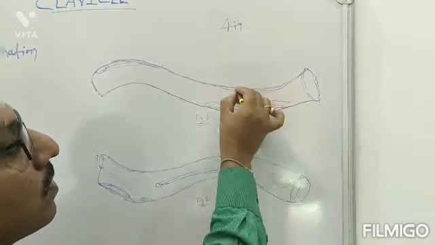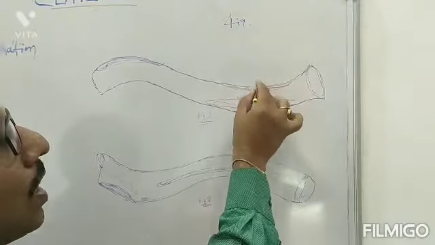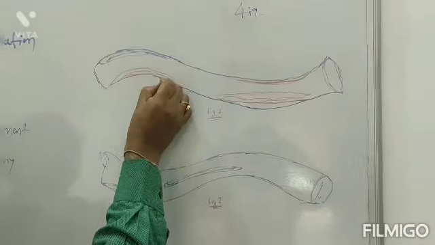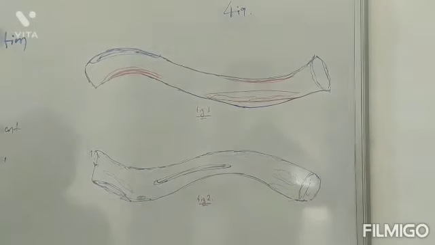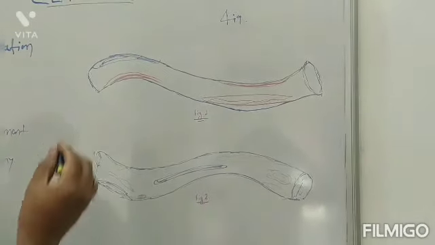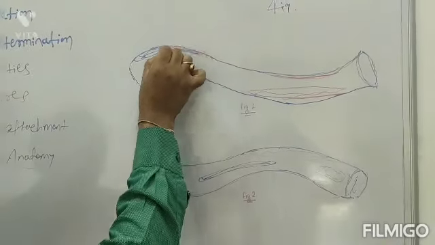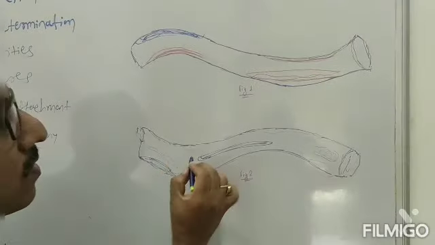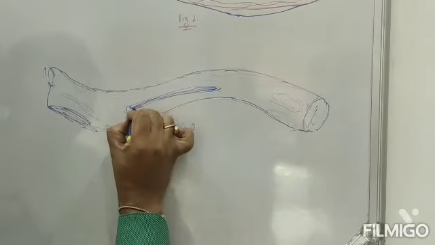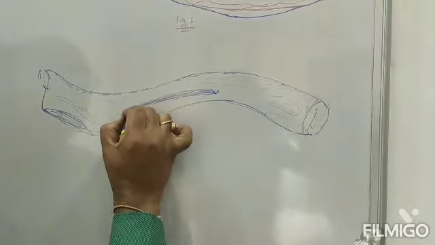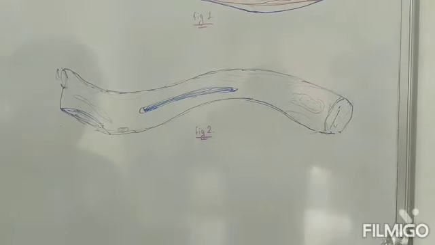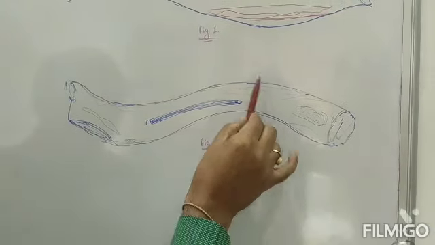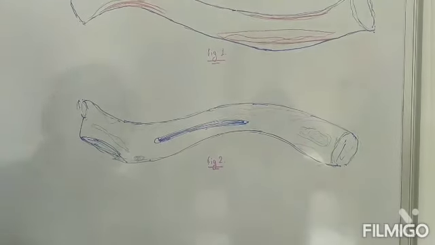This is the anterior surface, this is the superior, which gives origin to the clavicular head of sternocleidomastoid, and this is the deltoid muscle, which originates from the anterior border of the lateral 1/3. Again, here is the trapezius muscle, on the posterior border of the lateral 1/3. Here you can see the subclavius on the inferior surface of the medial 2/3, insertion of subclavius. Now again the same muscles, the pectoralis major, sternocleidomastoid. This is the green part.